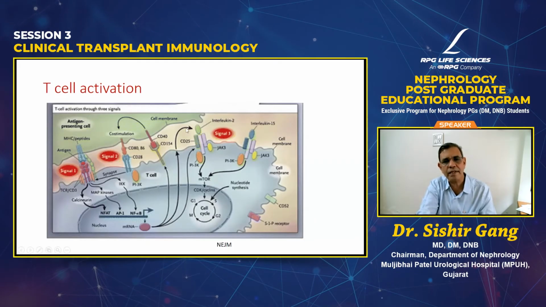Now, this IL-2 is released over here. This is interleukin 2. As I said, it can act in an autocrine fashion and bind to the CD25 or IL-2 receptor. The IL-2 receptor is also known as CD25. It binds to it, usually to the alpha component of the CD25 receptor. Again, it has downstream pathways where it activates the mTOR pathway.